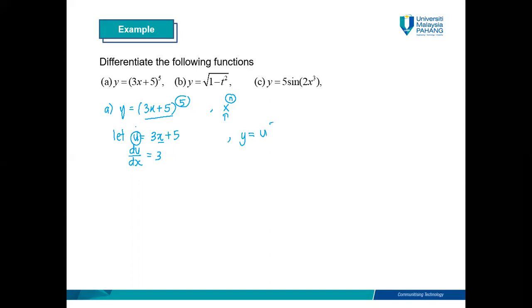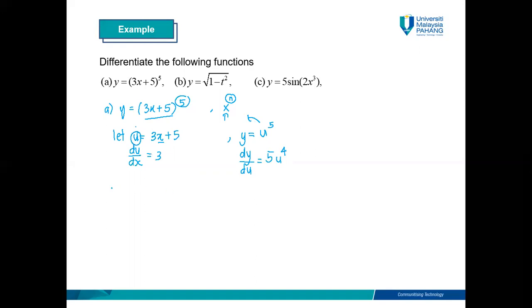So dah akan jadi u power of 5. Ini nak pakai apa? Differentiate y with respect to u. So dah akan jadi dy over du. So ini dah jadi table of differentiation. Betul? Differentiate u power of 5 dah akan jadi 5 turun ke depan, u power of 5 minus 1, power of